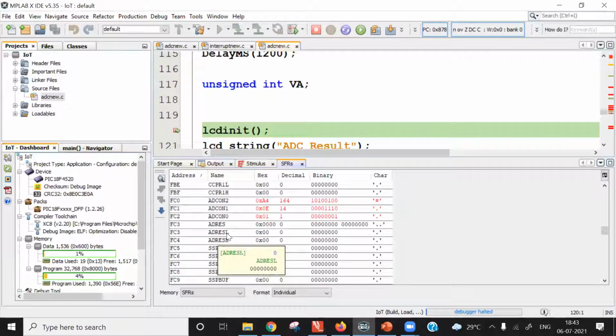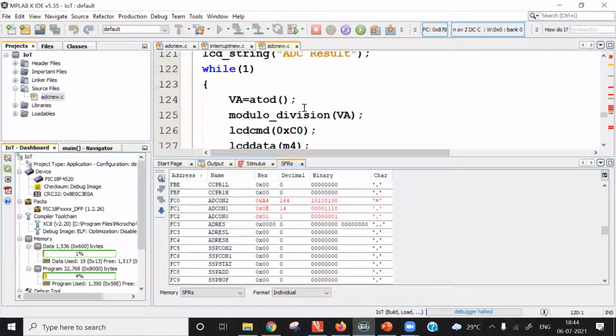AD result low byte, AD result high byte, and result of both registers together. It is just in simulation. ADRES register does not exist in microcontroller IC. So ADRES is present only in the simulator, and this ADRES holds 10-bit result together for ADRESH and ADRESL.